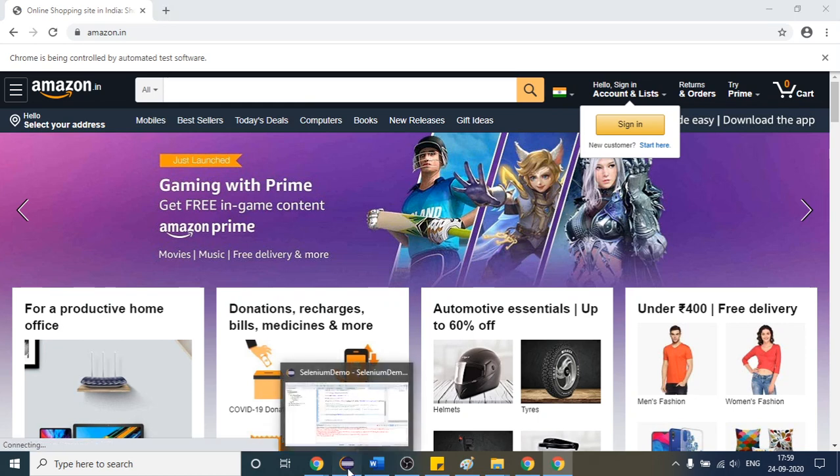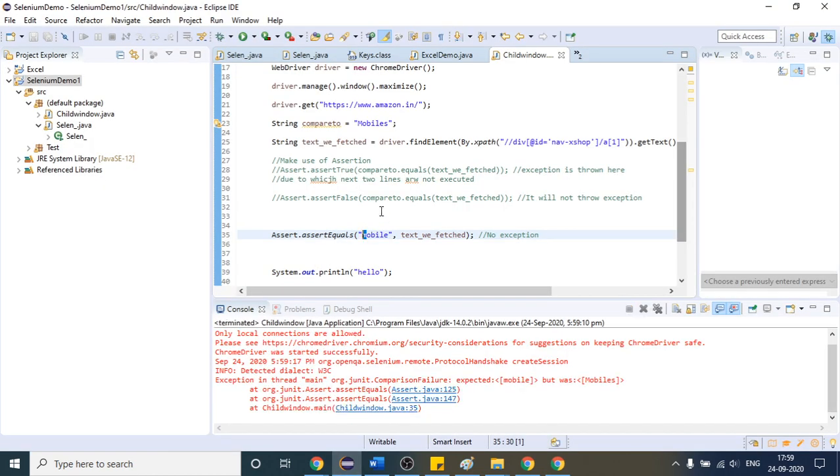Which one? No. Here, why would you write it? You can see the code has failed. You will write compareTo here only, but here you do not require compareTo. It is automatically comparing. Where, this one? This one. So yeah, you can write this one here as well. It's up to you, for the understanding point of view.